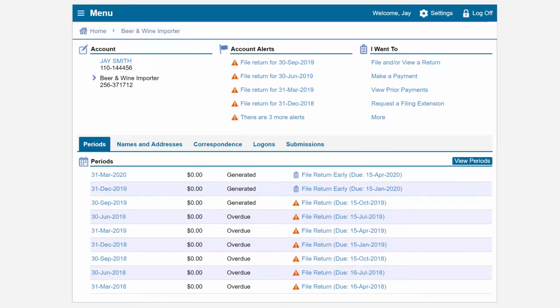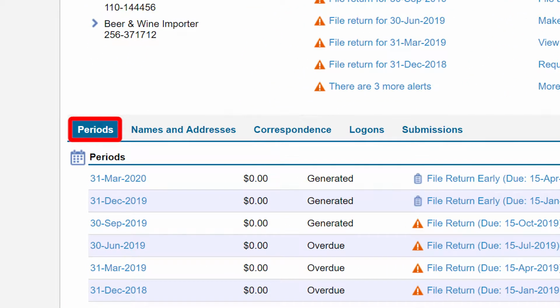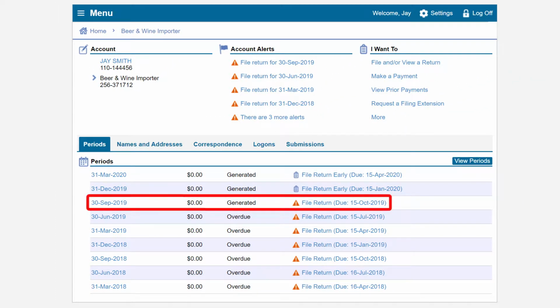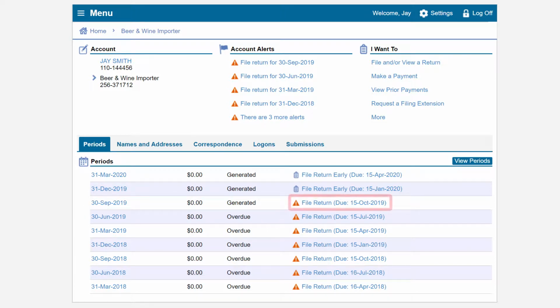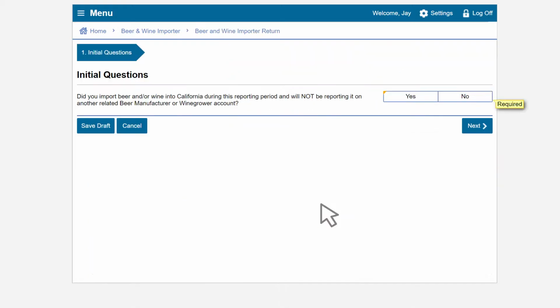This will take us to the Beer and Wine Importer account page. Under the Periods tab, click on the return period for which you would like to file. In our example, we will file for the third quarter 2019 period, which is displayed by its return end date of September 30th, 2019. On the Initial Questions page, if you have imports to report that are not reported on